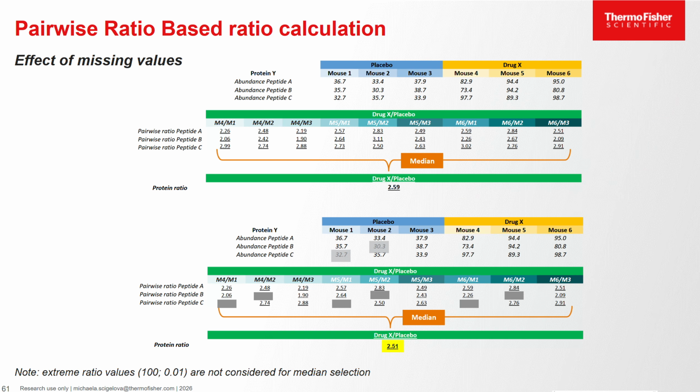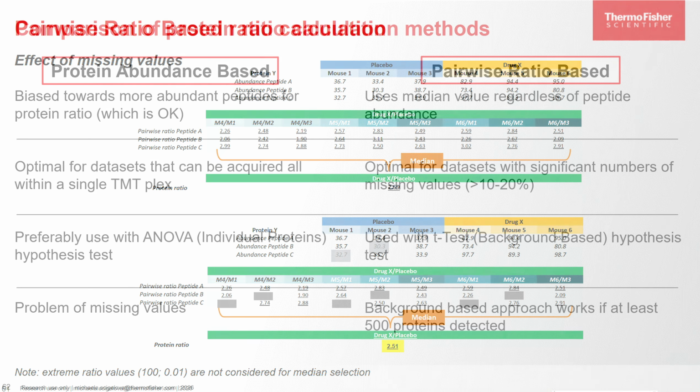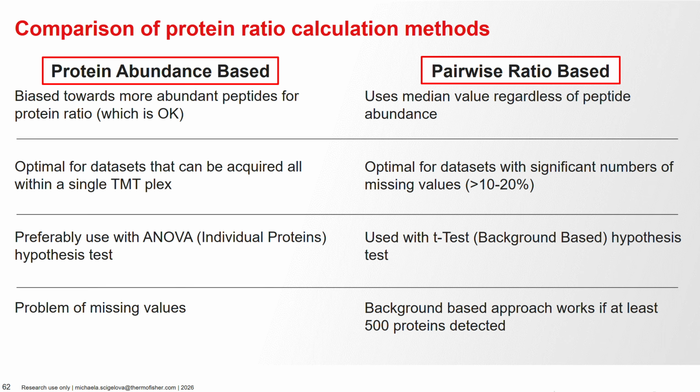This is a very robust method because here, considering again the two missing values we had previously, we see that they have practically no or minimum effect on the final protein ratio outcome. So that's why I would say this is a method to use. We can compare the two methods